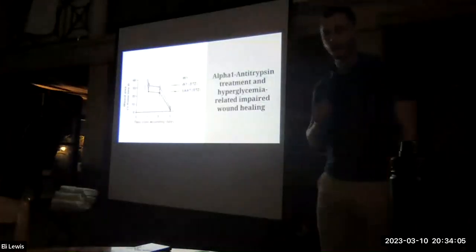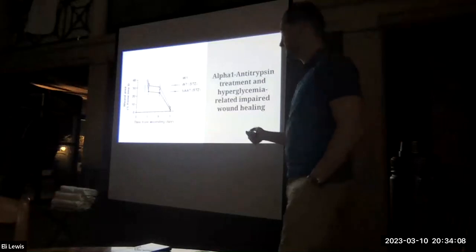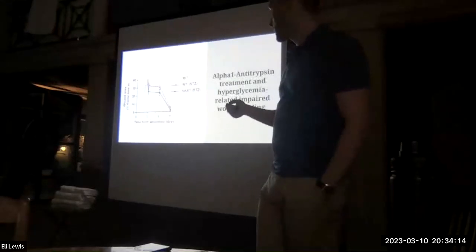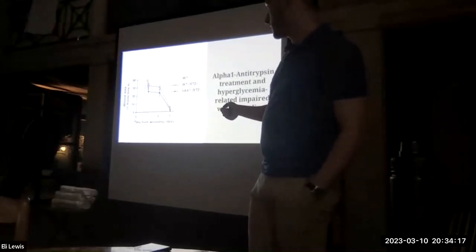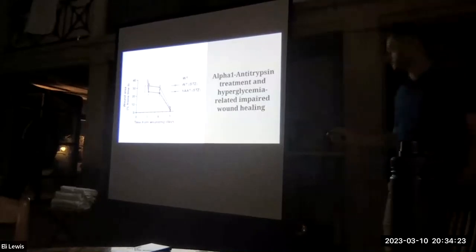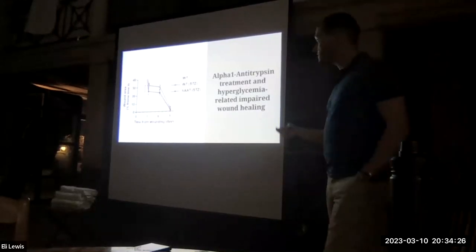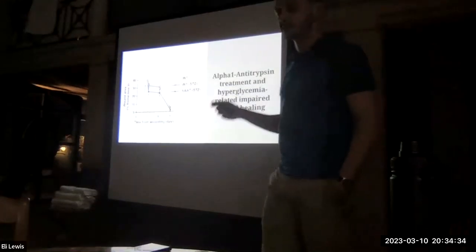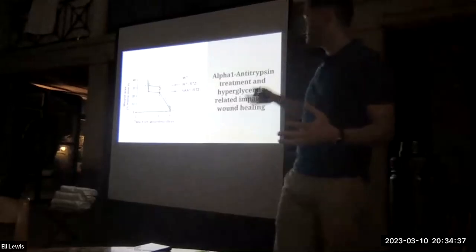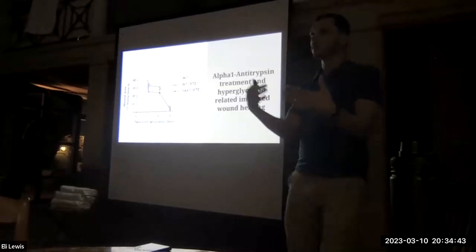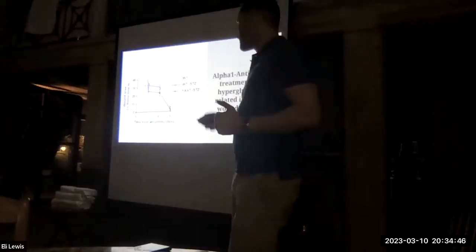Here we see the results of the in vivo assay that was described before. The wound area of mice was measured every 3 days. We see in the broken line the wild type group, the line with the full circles are mice that received treatment, and the line with the empty circles are mice that received the control treatment, only saline. We see on the 3rd day that there is a significant difference in the wound area. The mice that received infiltration of AAT into the wound closed the wound significantly better compared to the mice that